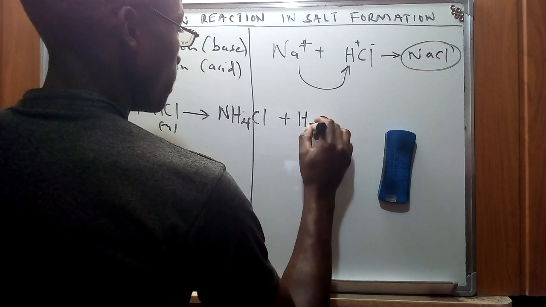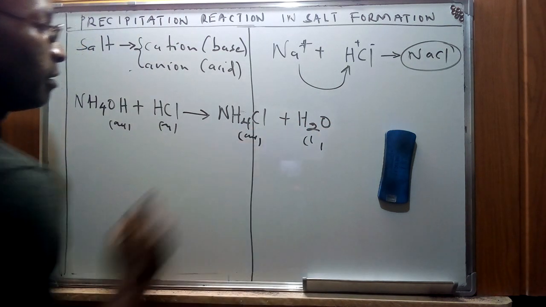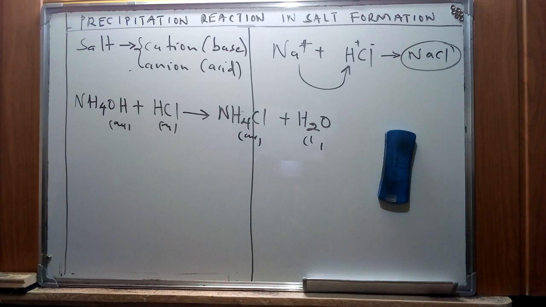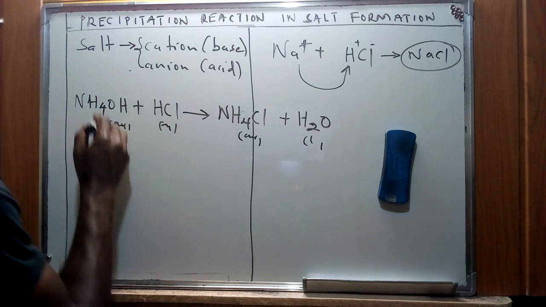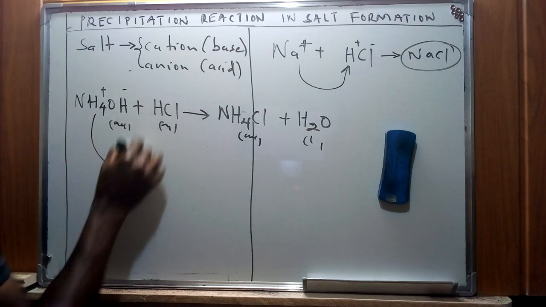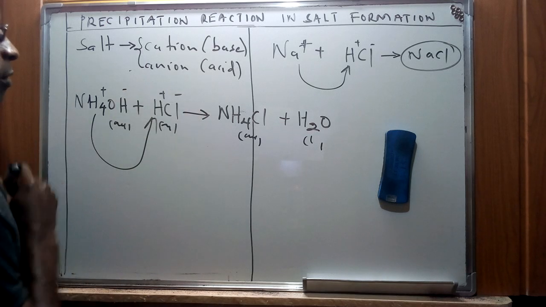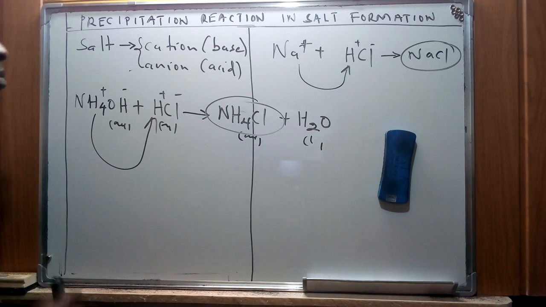So this is one of the methods of preparation of salts, as we said, which is an acid-base reaction. And in this case, the ammonium ions are going to replace the hydrogen ions from the acid